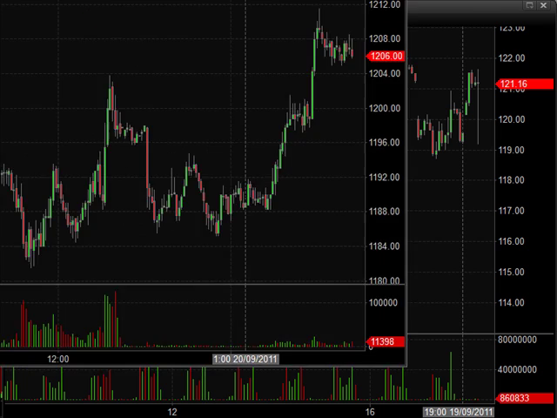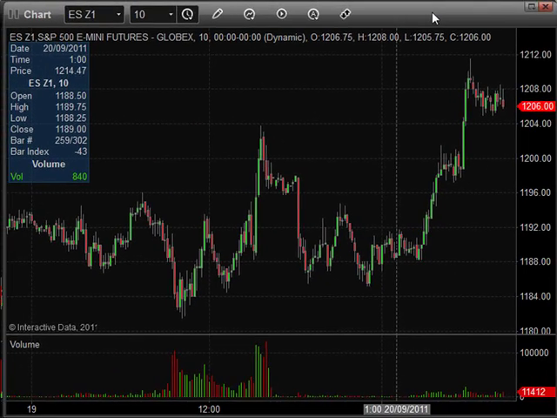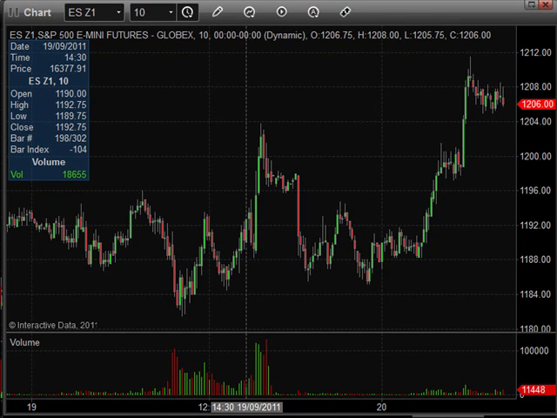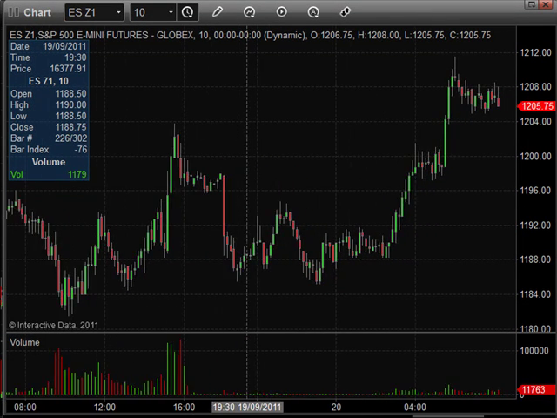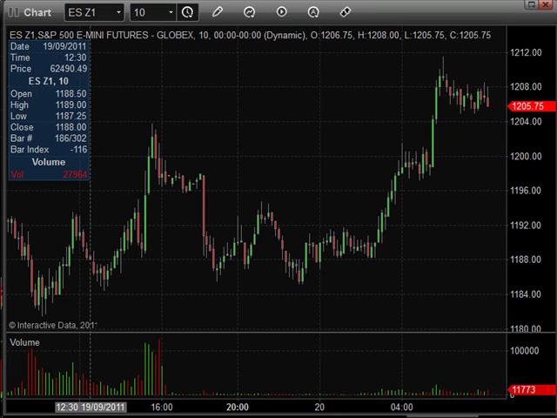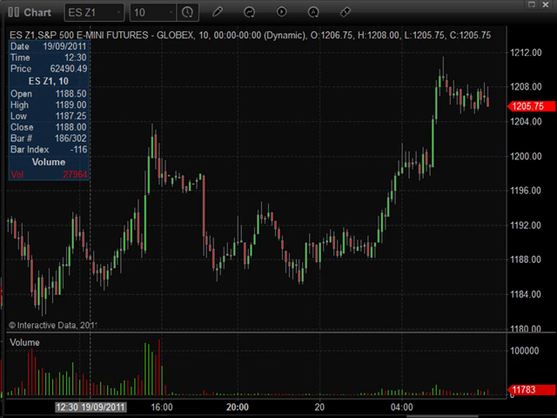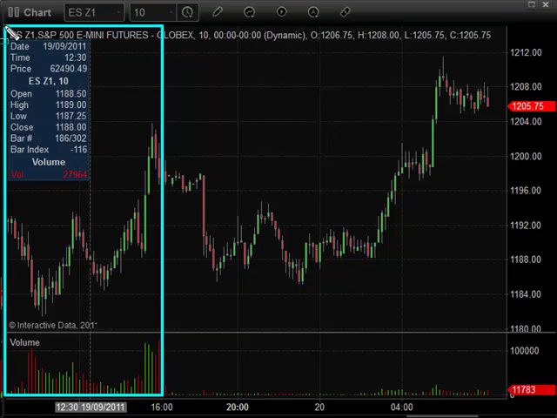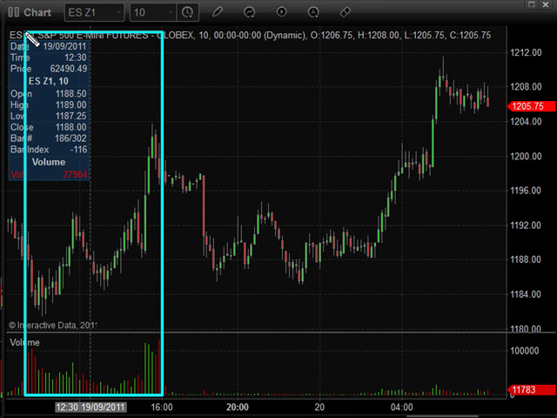Pull up the futures prices this morning of the SP500. You can see what's happened this morning. I'll just zoom out to show you yesterday. This is yesterday's price action, the heavy volume on the left hand side. That's regular trading hours, 9:30 to 4 p.m. Eastern time. So we had a little bit of a bounce in the mid-afternoon, pulled back.